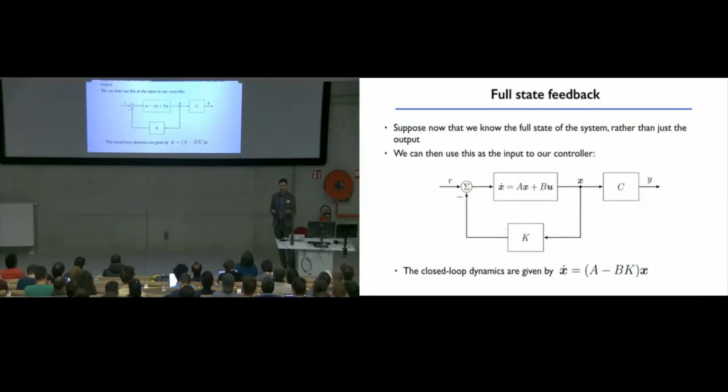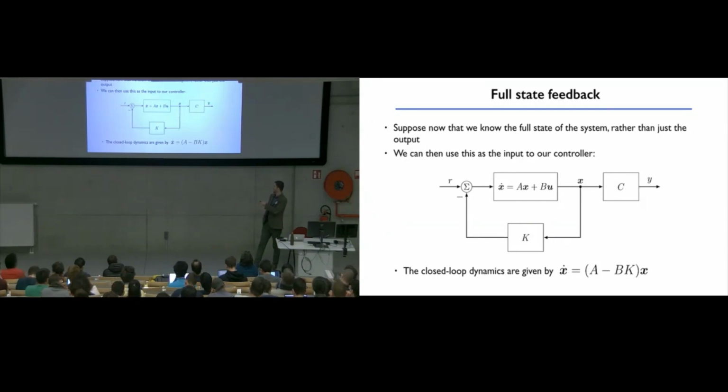So now we're going to change pace a little bit. Rather than taking just our output y as the input to our controller, we can also have cases where we actually have access to the full state, or perhaps an estimate of the full state. And I'll talk a little bit more about that later on. So that changes the topology of our control diagram a little bit, but more or less it's the same. It's just that we have a vector now